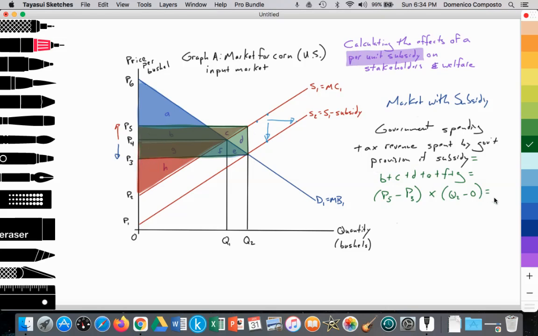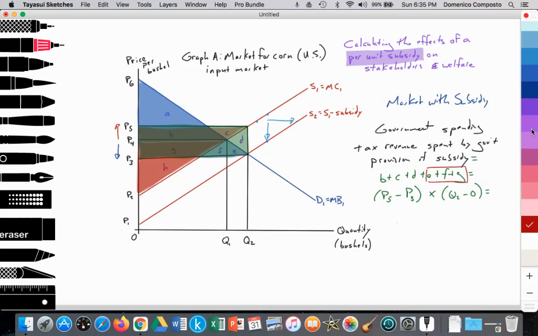When the government spends that amount, some students might be a little bit confused by this government spending. Imagine it as a layer on top of your graph. From this layer that's being provided by the government, a slice is being cut and given. So from this layer being spent by the government, the slice of G, F, and E is being given to